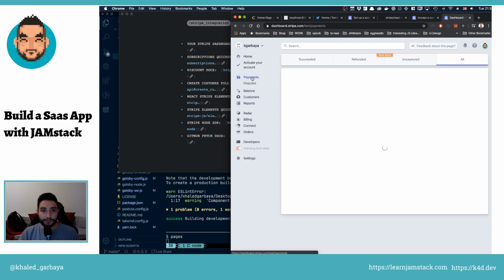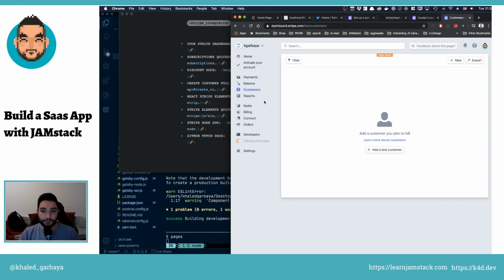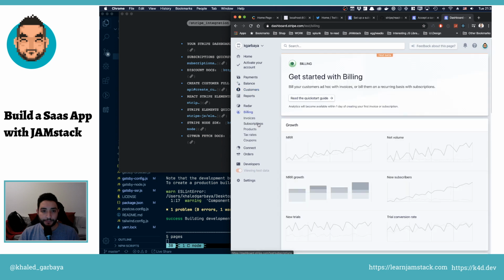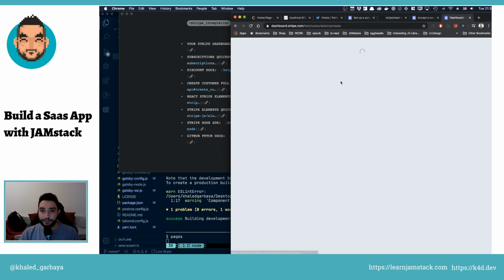Okay, payments, customers, billing. Subscriptions. Create subscription to collect recurrent payment. Scheduled, current. So here,